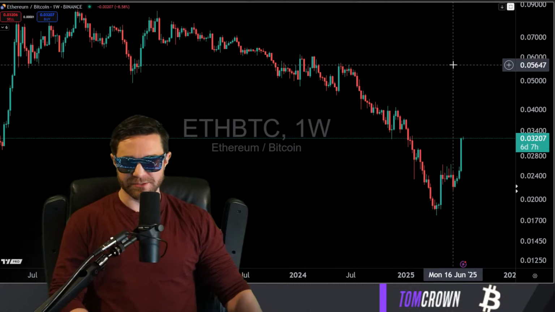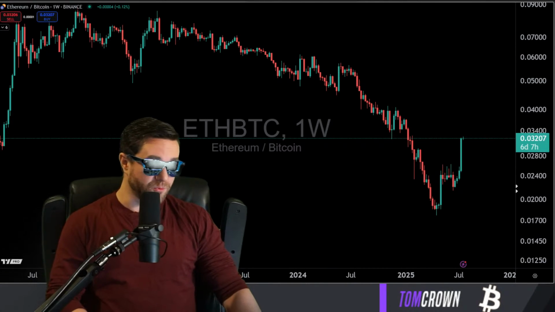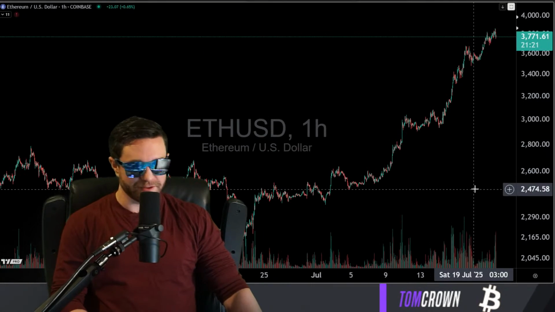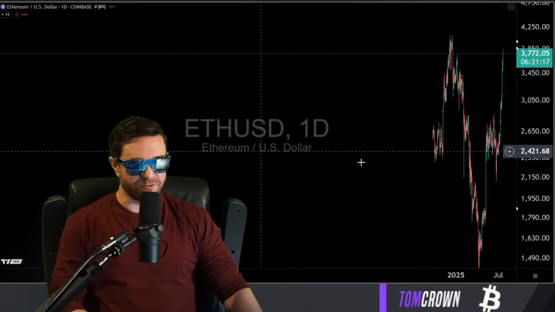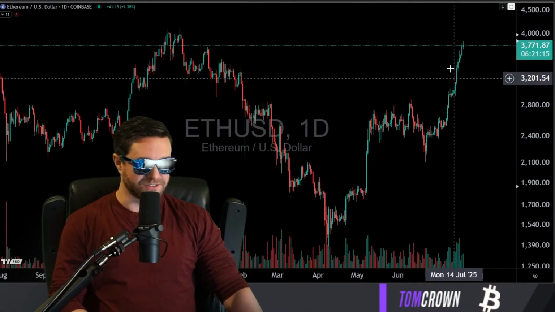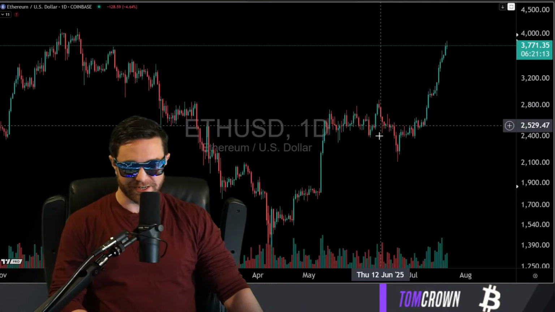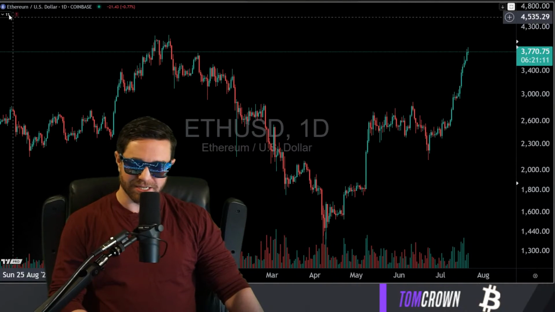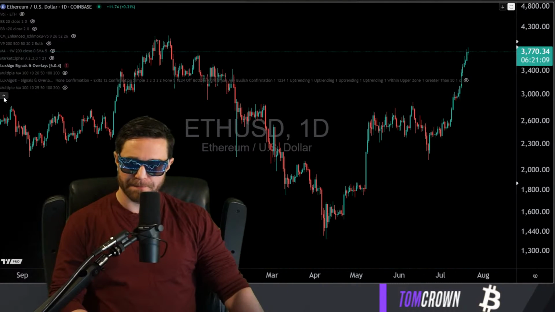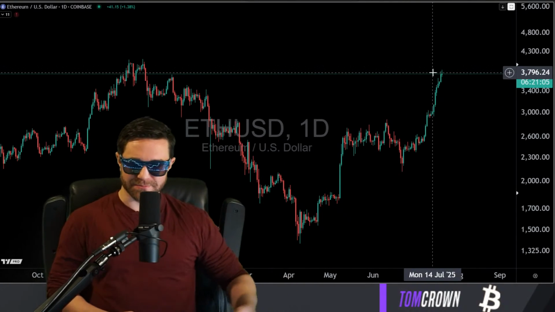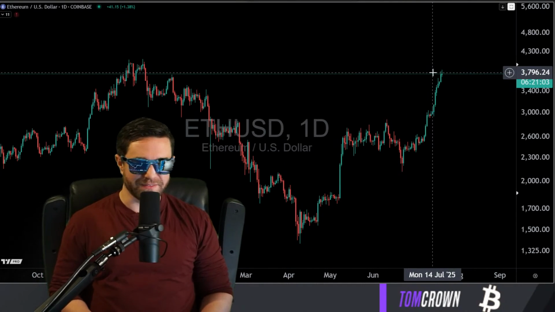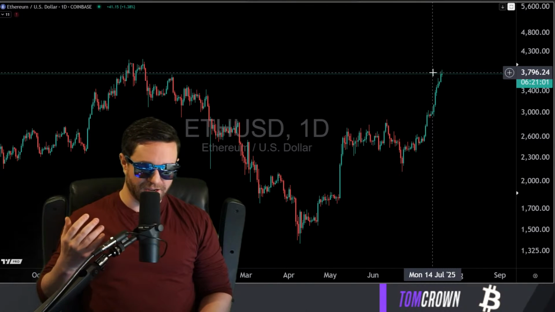The reason you want to view it this way is because when everything is moving up, it's very difficult to tell if you're actually succeeding or not. Like Ethereum moving up in dollars. This isn't the best example right now, but that's okay. Let's say it continues moving up, but Bitcoin makes bigger gains. You're going to have that deception, that thought of, okay, I'm winning.